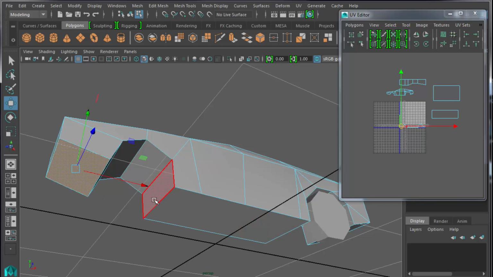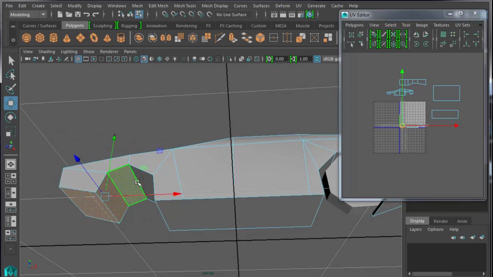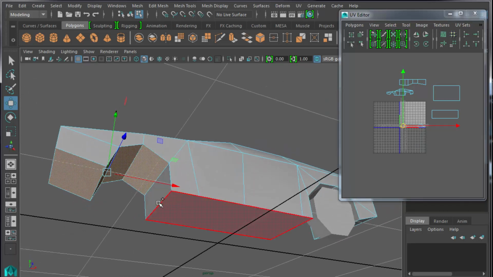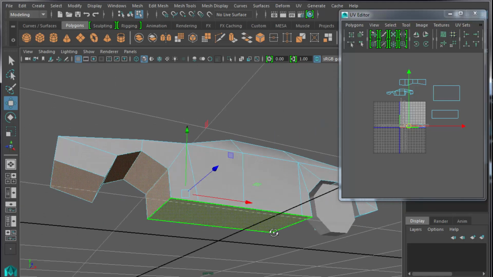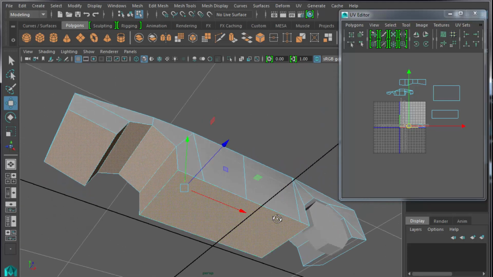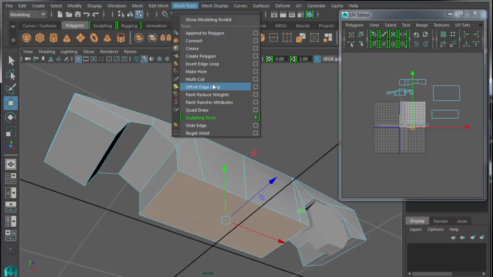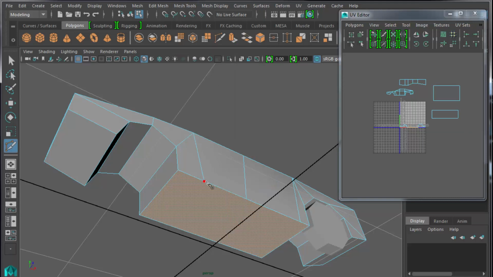Other sections, such as this under area of the car, unless your game is specifically about cars being flipped around, you may never see this underside. So it's arguable you could actually project all these, squeeze all of the UVs on top of each other, and just put like a dark black texture on it. And it's using the least amount of real estate possible because of its relative importance or lack of importance to the user's eye. But let's return now to sorting out the bottoms here and making sure that even the bottom